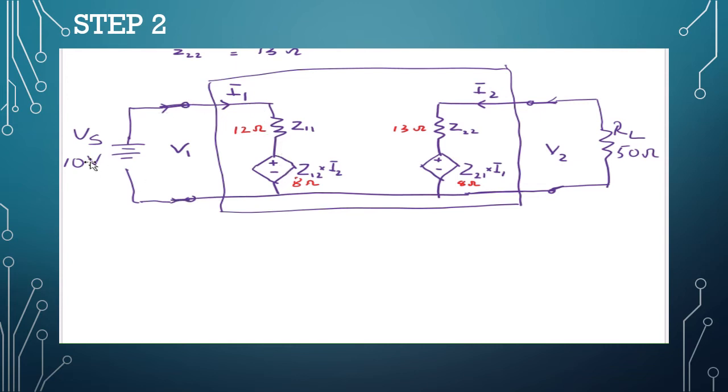This loop has the voltage source, but it also has the independent, dependent voltage source. The dependent voltage source is in opposition to the supply voltage. So to find the current in this loop, we're going to take away the voltage of the dependent voltage source from the supply voltage and divide by the impedance, right? And that would give us I1, right? So we can write that